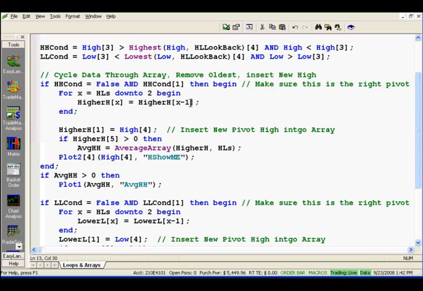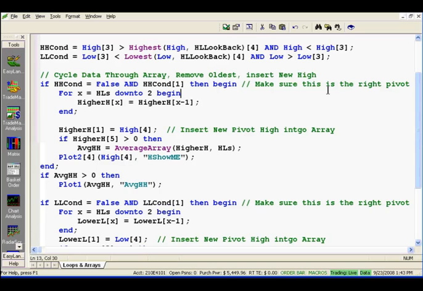As this indicator moves through the chart, I want to always store the last 5 highest highs and lowest lows. So every time there is a new highest high, I need to cycle all the highest highs within my chart through the array. I need to get rid of the one that drops off, and I need to insert the new one. This is a very typical